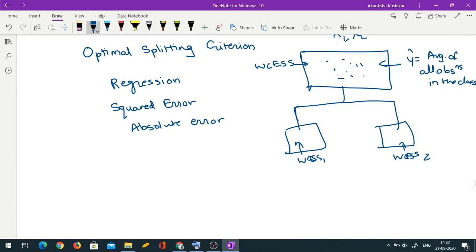Are you getting what I am trying to say? We can maybe have some toy example later, but today I am going to give just an overview. Okay. Now what happens in the classification setup?